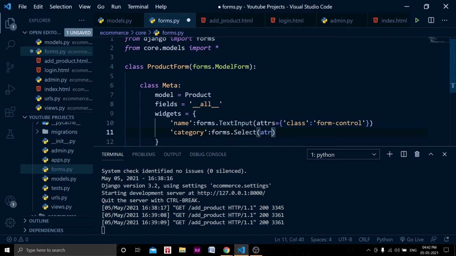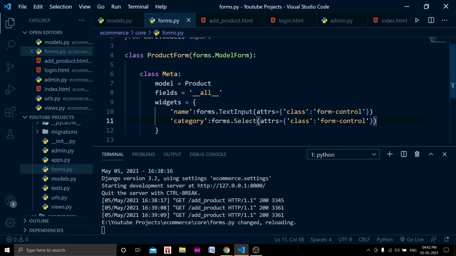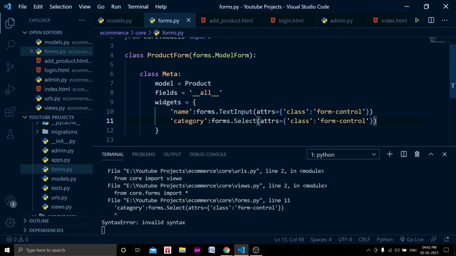Select will have attrs equal to class, which will have form-control. Let's run this and see if it works. If it works, we can do this for all the attributes, right? For category, we need to add a comma here.